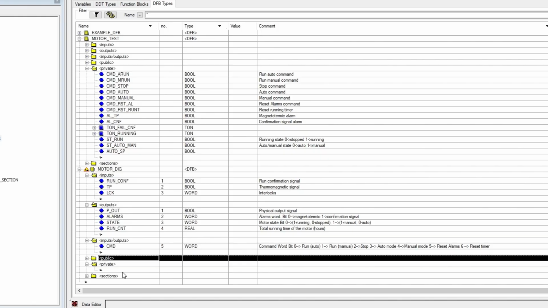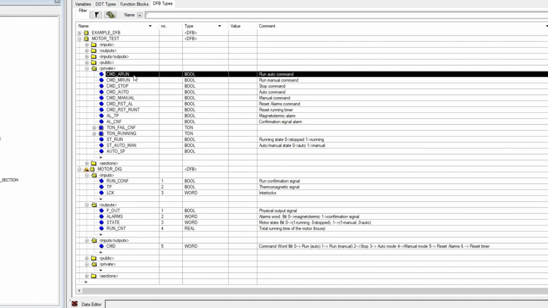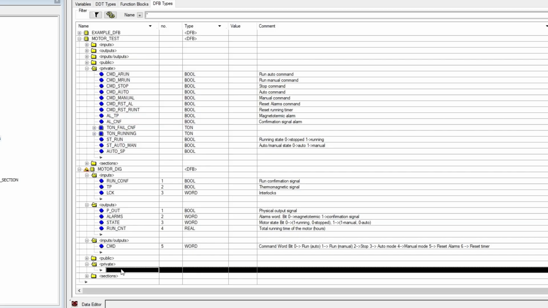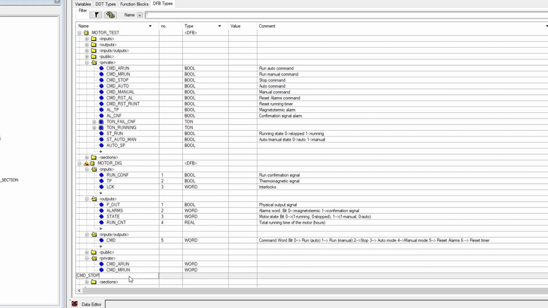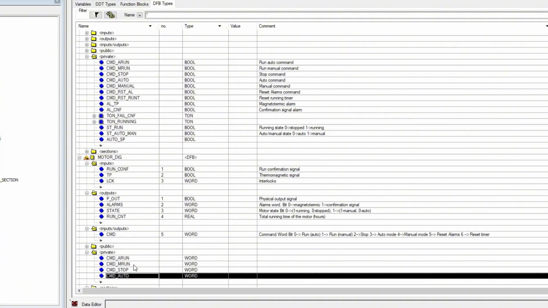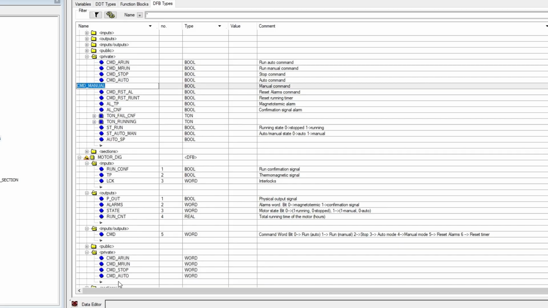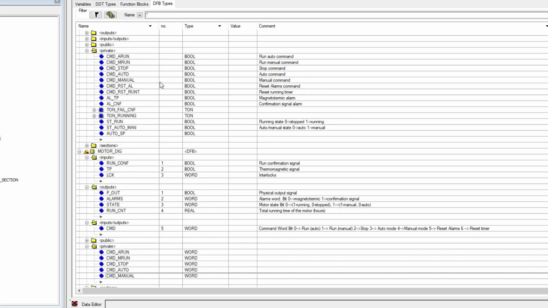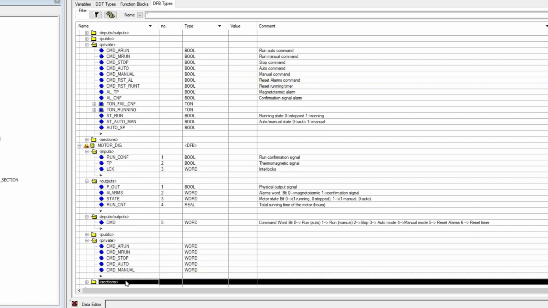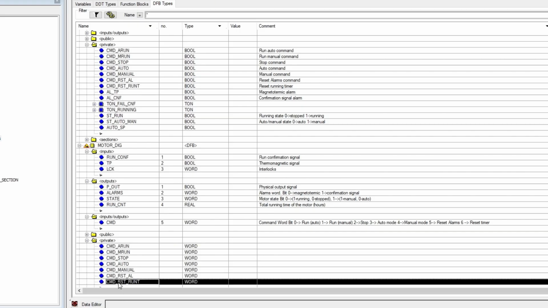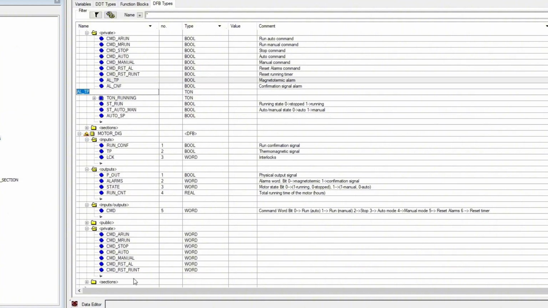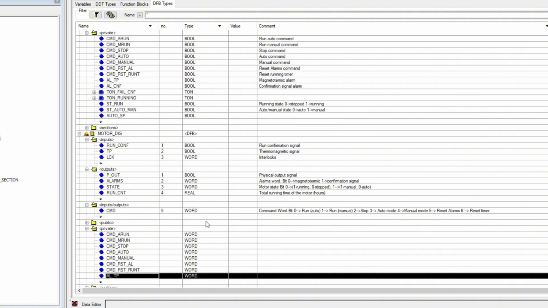more hermetic and robust. Finally, we will finish with the private variables, which represent the true internal gears of the block, that operational part that works in the shadows and that we don't need to expose to the rest of the program. In this section, we will identify and declare essential auxiliary variables to make our logic readable and functional. On one hand, we will define the individual bits that we will later unpack from our command word, such as CMD_arun, CMD_mrun, or CMD_stop. This will allow us to program the logic using clear and descriptive names instead of abstract bit